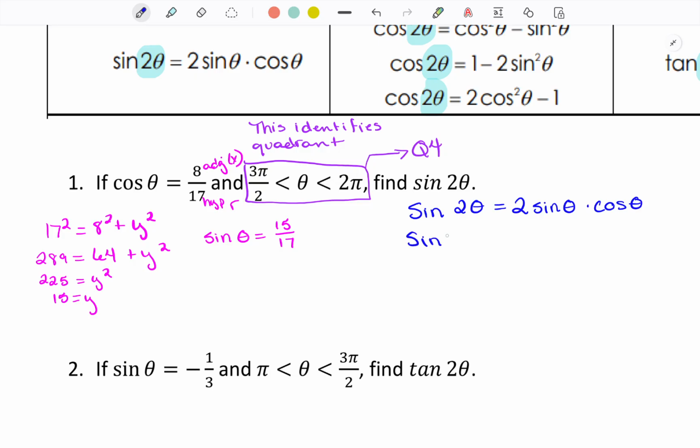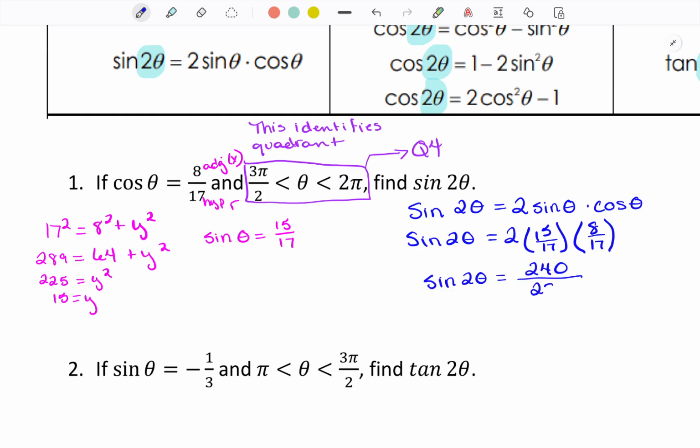And so the sine of 2 theta is going to equal 2 times our sine, which is 15 over 17, times cosine, which is 8 over 17, and we're going to multiply across. And so that is going to give us 2 times 15 times 8, and that is going to be 240